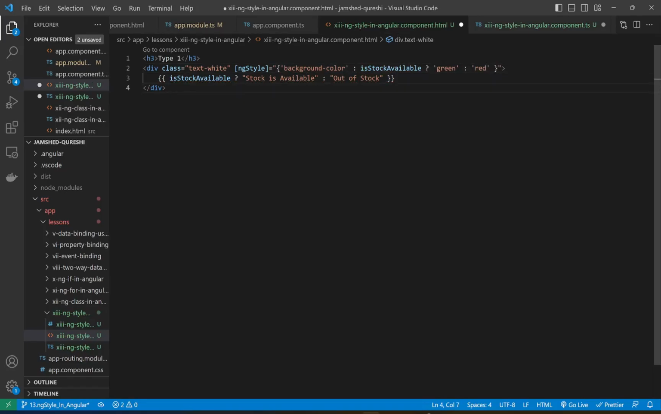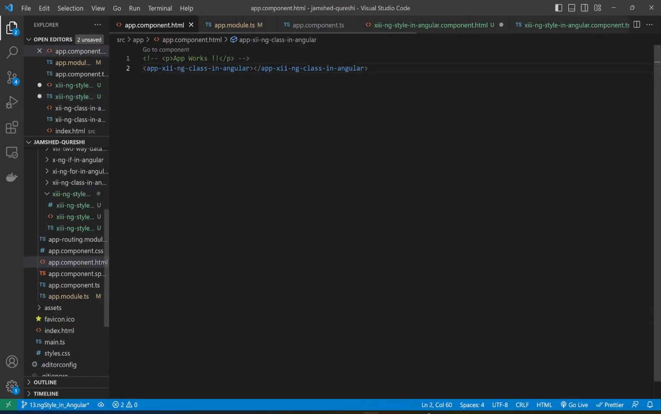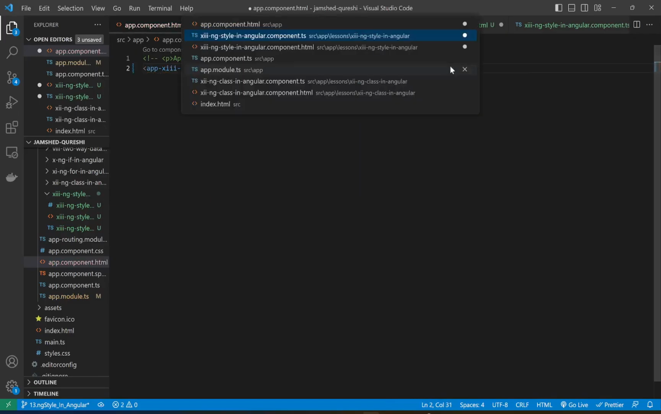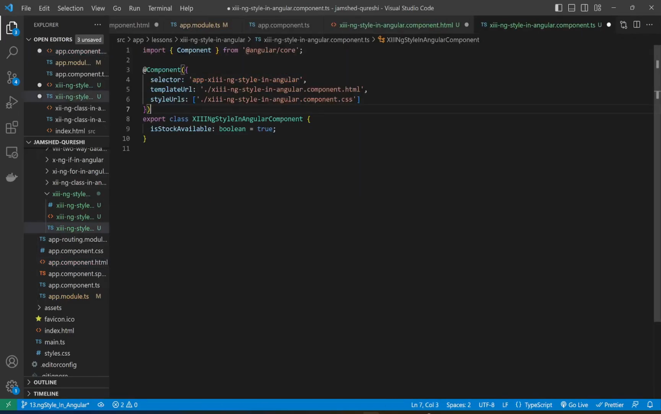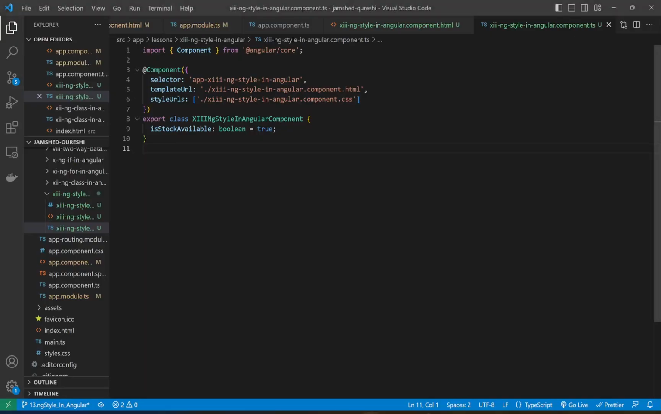So before saving, let's add this component to our app component file. We will copy the selector and we will go to app component file. We will replace this selector and let's save and see the output. So here it is. We can see the type 1 is reflecting stock is available and our background color has been made to green by binding our ngStyle directive,